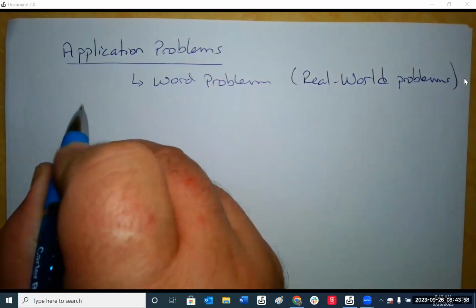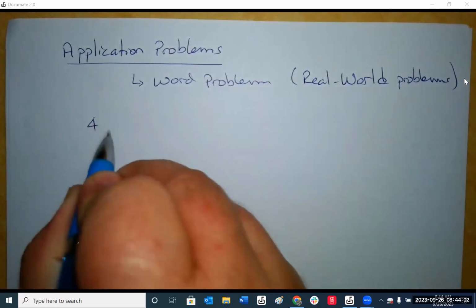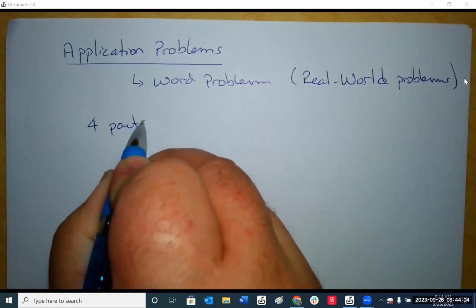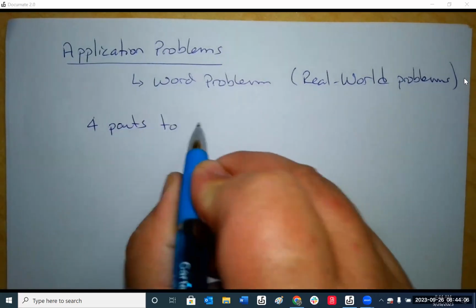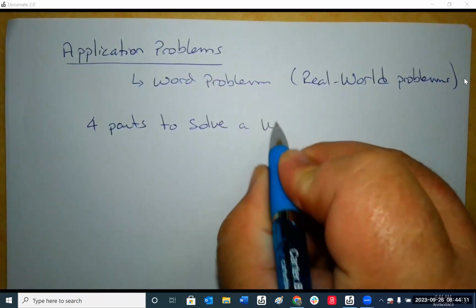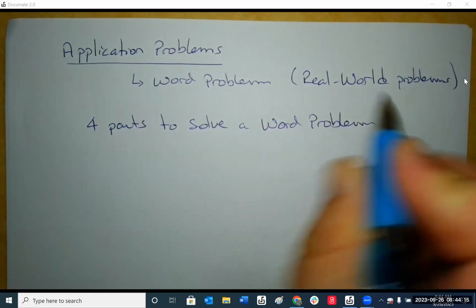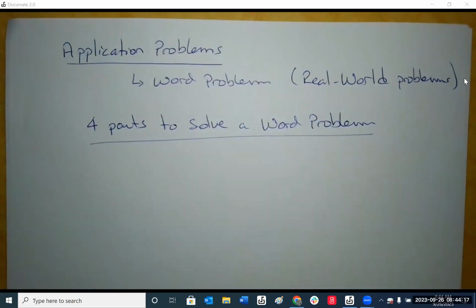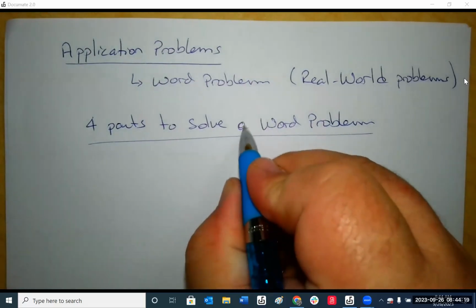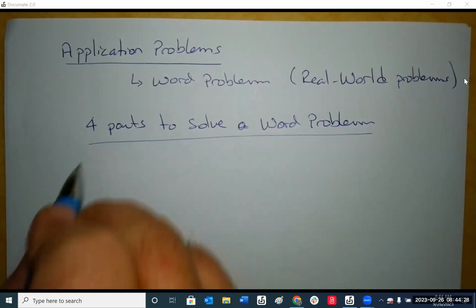There are 4, some people say 5, but there's something like 4 parts to solve a word problem. Next to fractions, these are the parts that everybody hates the most. Actually, I think they hate this more than fractions. So the first part,